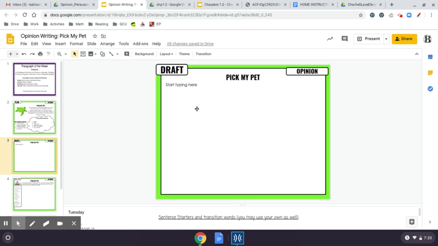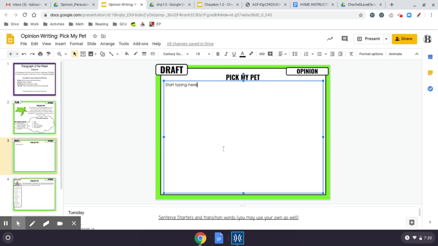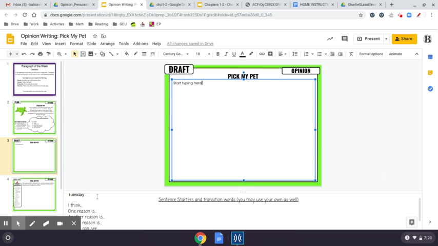When you get to Tuesday is when you would write your rough draft. And we know that you always have to start with a topic sentence when you're writing a paragraph. So I would write here. And then down here, I did give you some, I know it's a little hard to see, but some sentence starters for your opinion. So it's just some things you can use, but I always like to start with in my opinion. So that's what I'm going to start with here. And I'm going to start to write my topic sentence. And I know that in my topic sentence, I have to state my opinion. So in my opinion,